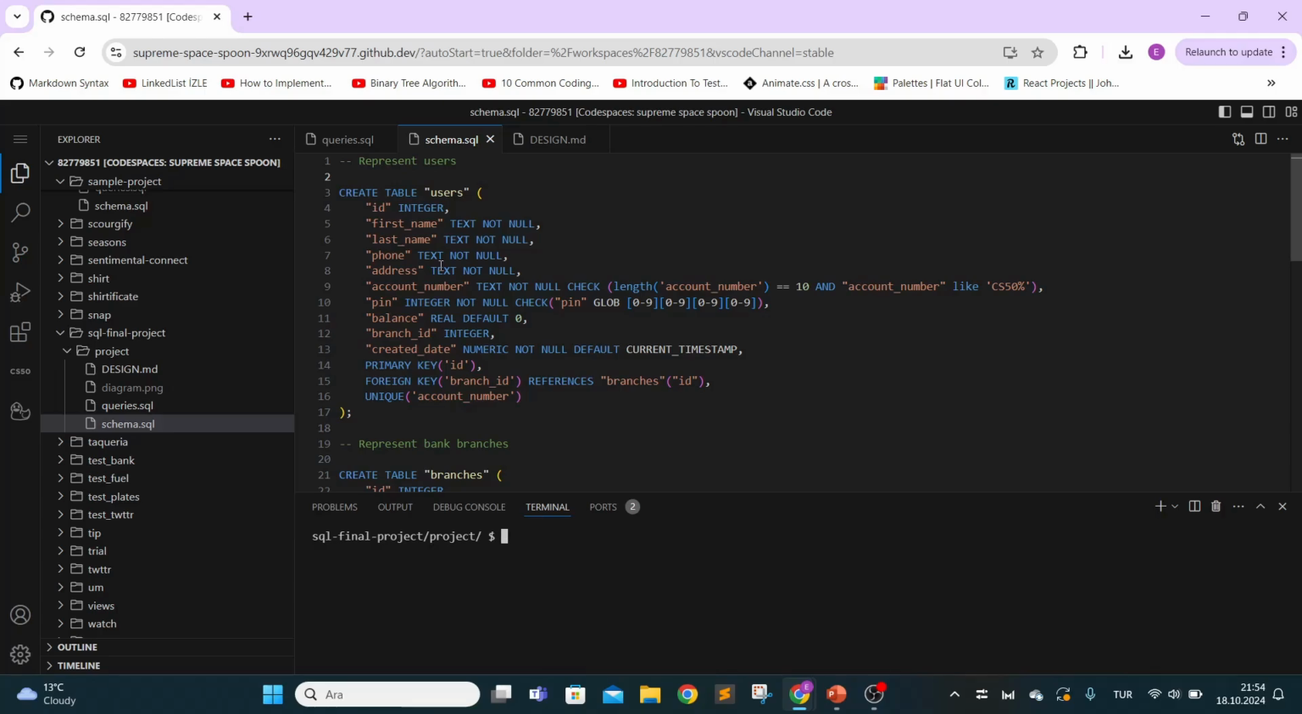So we have the users table here, in which every single user will have a unique ID, first name, last name, phone number, address, and account number. There are some constraints for the account number: it can't be null, it has to be exactly 10 digits, and every account number should start with CS50. And every single user will have a PIN as well to access their account, which is going to be